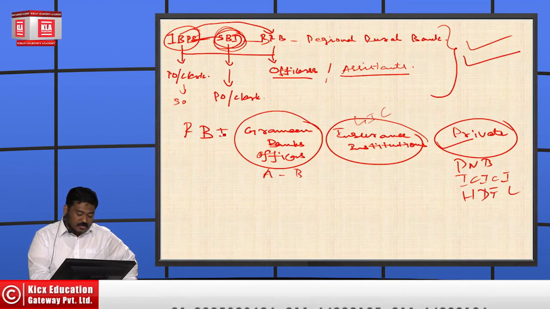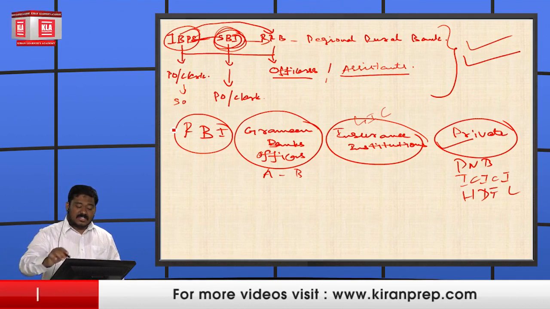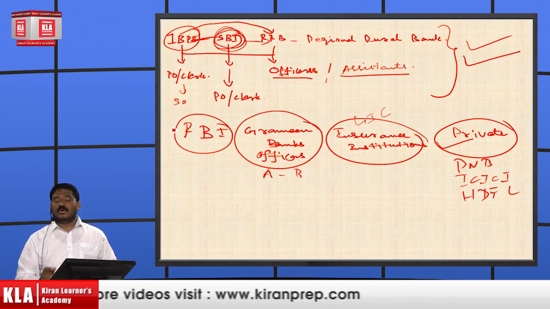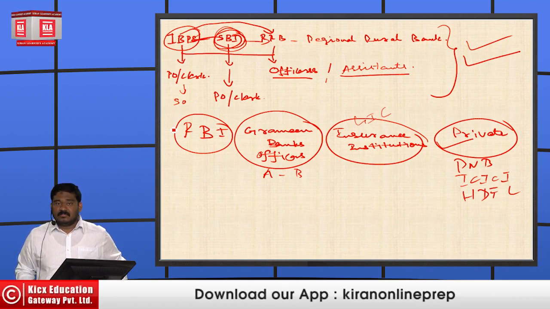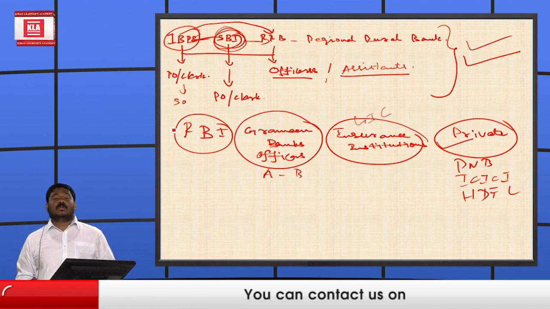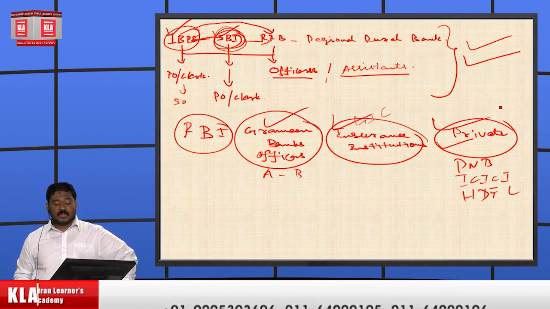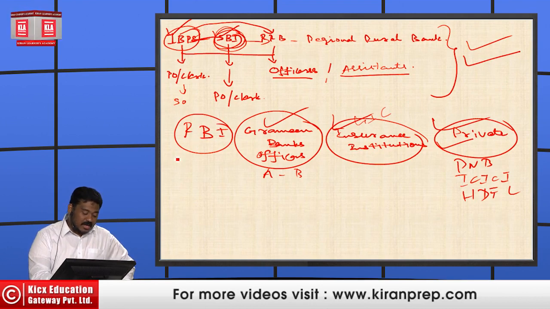But in the case of RBI, it's quite a different story, because whatever we have seen, they are directly dealing with the money. Exclusively they are directly dealing with the public of India. In nooks and corners, we can't say that the public can survive without ATMs, without banks, without insurance companies or without private banks or Grameen banks. So all these IBPS, SBI, Grameen banks, insurance institutions and privates directly deal with the public. But RBI